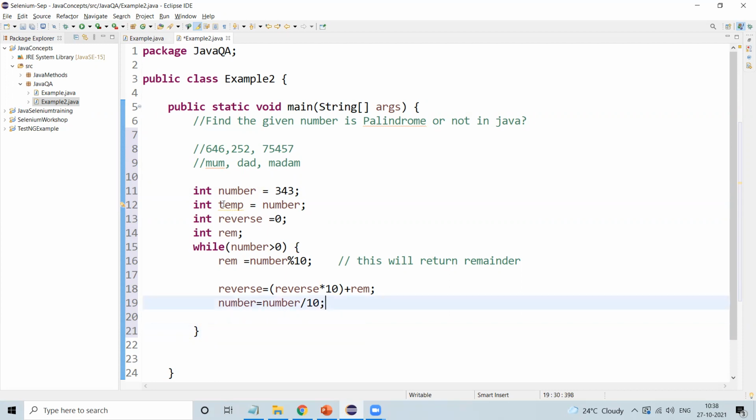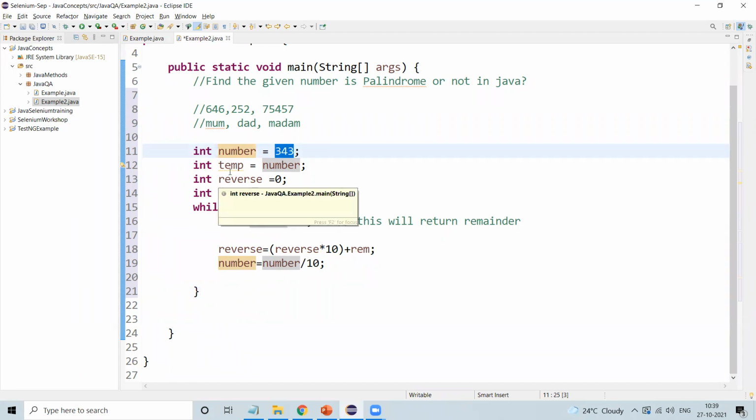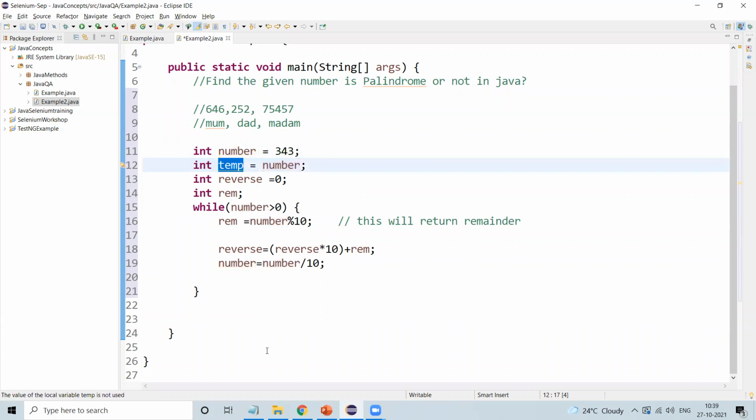Now maybe you can understand why we made a temporary variable. The number variable changes here, so we need a temporary variable to store the original number. That is why we stored it in the temporary variable. The loop will continue, and the digits will be stored one by one in the reverse variable. Once that is done, we need to compare the temporary number with the reverse number.